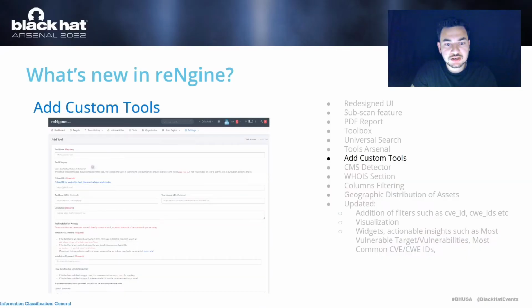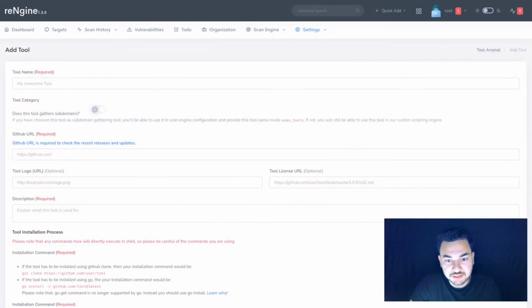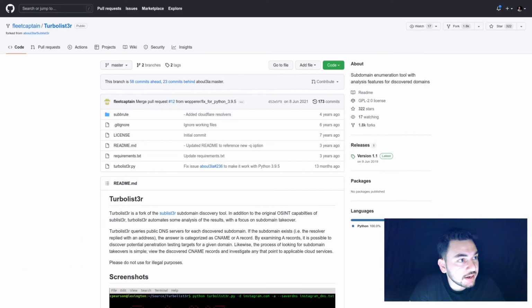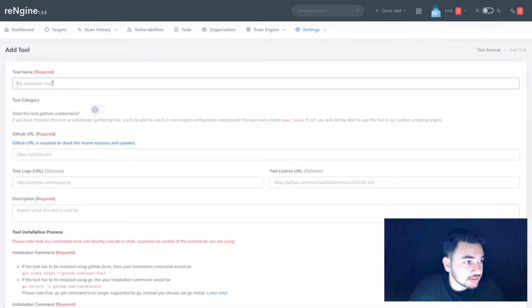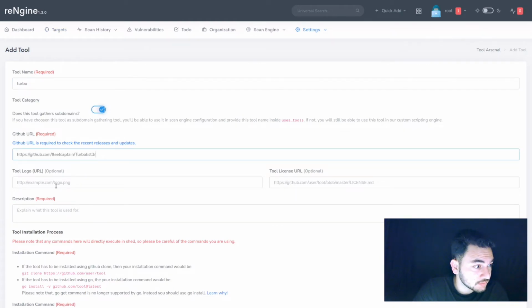So we also allow you to add custom tools. If you're not happy with the tools that we have, such as if you want to add a subdomain scan tool, you can very well do that. So let's see how we can add new tools. I'm giving it a try with this turbolister. So let's come back here. It says tool name, so turbolister. Does this tool gather subdomains? Yes. This is the GitHub tool; logo we don't have, license we don't have, description: